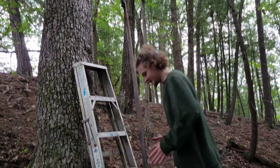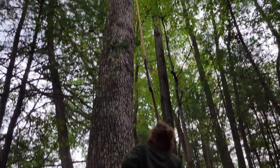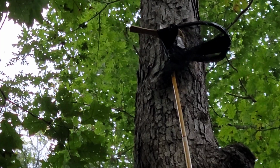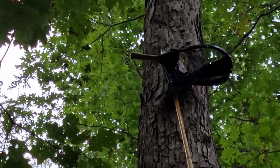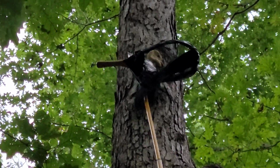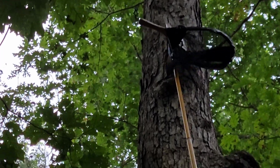Let's try this. I got my mushroom retrieval stick. Got a ladder. Am I close? Yeah. But you're on top of it. Am I still on top of it? No. Am I underneath? Yeah. There you go. I don't think it's falling into the...